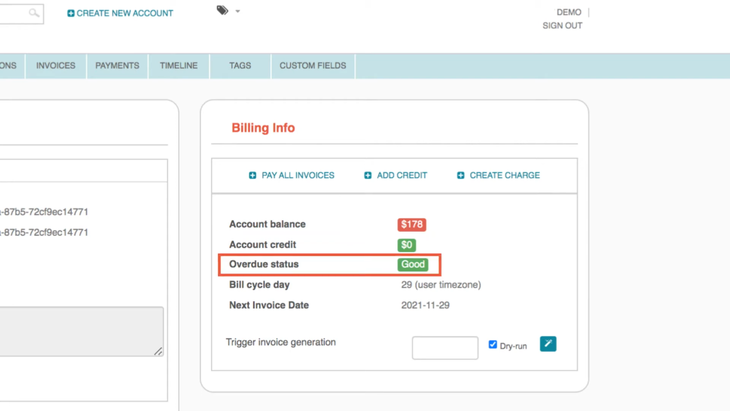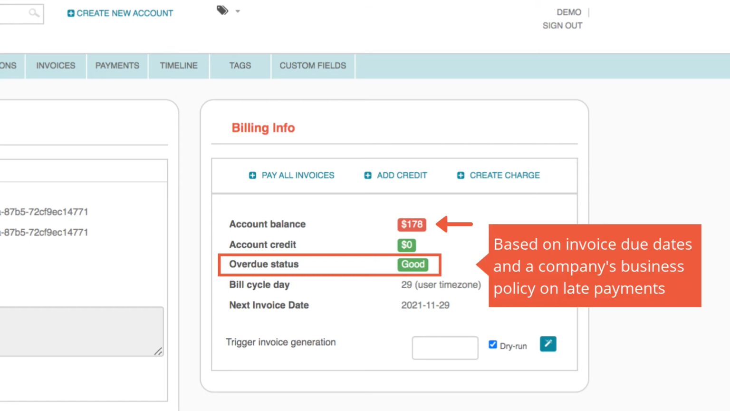Overdue status tells you if the account has failed to pay their invoice by their designated due date. It's important to note that the account can have a negative account balance, in red, but not be overdue. That's because overdue status depends on invoice due dates and how late payments are defined based on a company's business policy. For example, an invoice may not be overdue if a company allows a 15-day grace period to make a